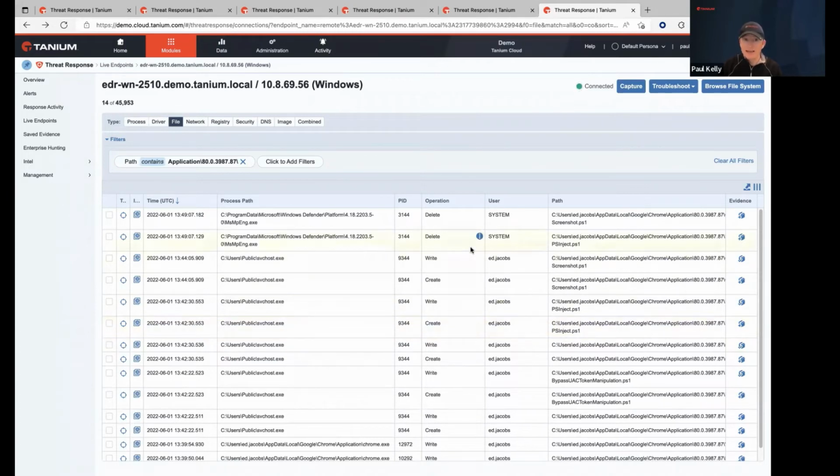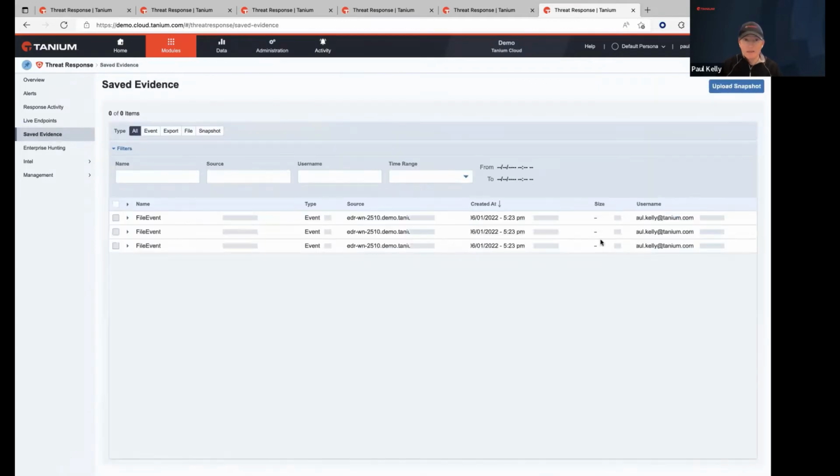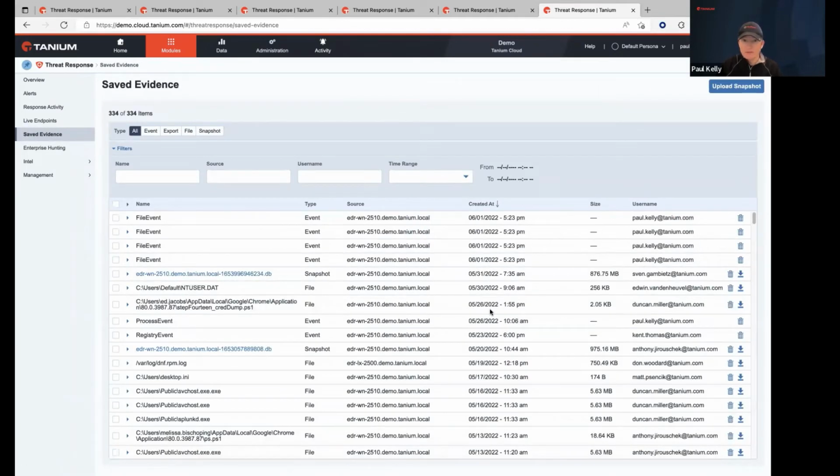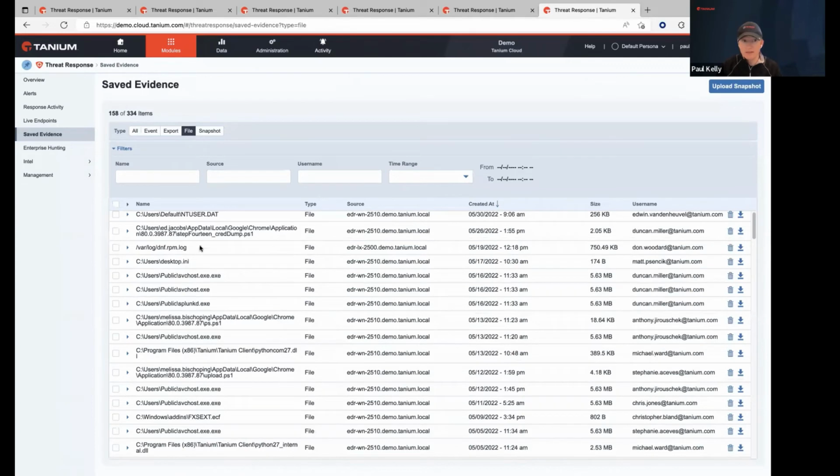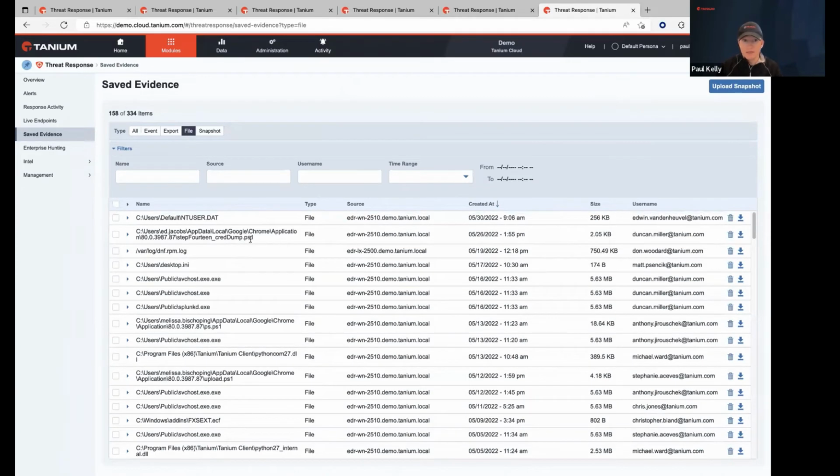So we've actually already got some of the saved evidence in here. We had an analyst that was already working on this, and I now have the ability to go and download that. So I'm just going to search on the files here, and we can see here's actually the one that we were working with Mimikatz earlier, the step 14 cred dump. Now if I click here, it'll automatically download it. And again, it's going to have a zipped. This is the same one that I got earlier.